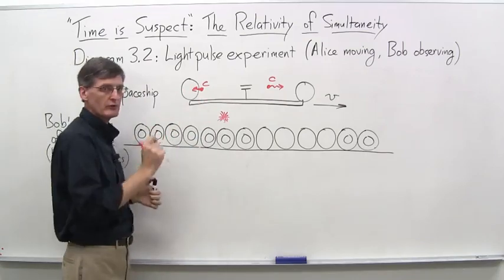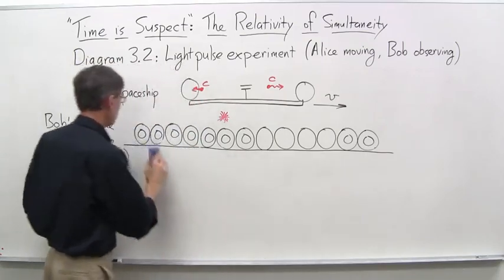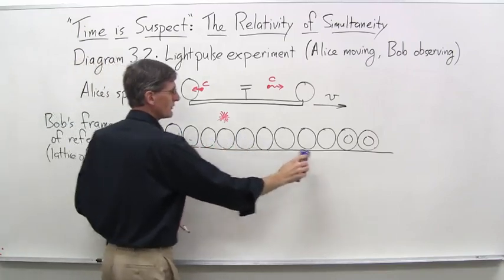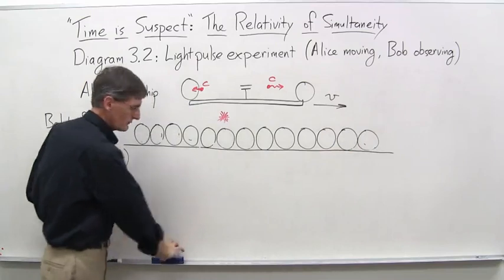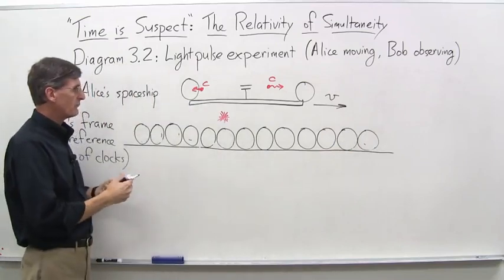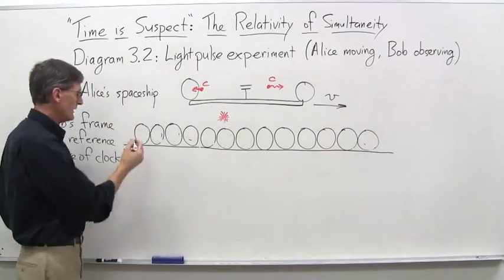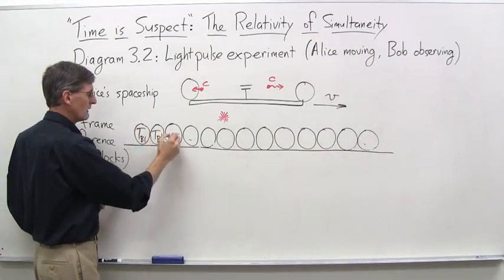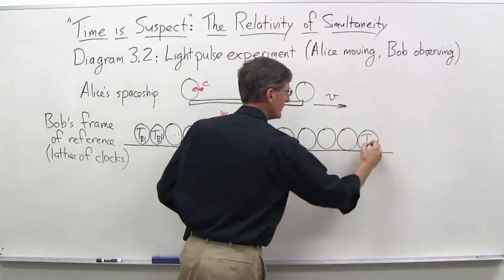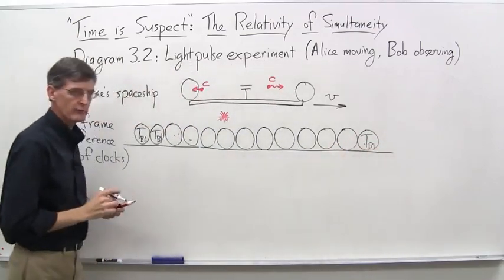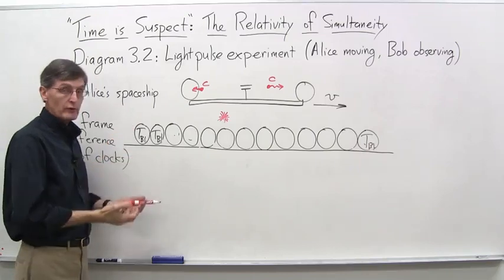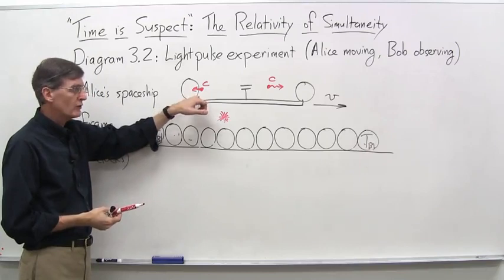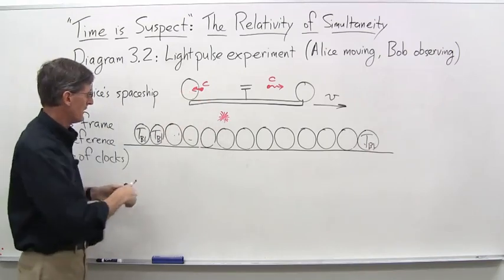So what Bob is going to observe, and let's just be clear here, Bob's clocks no longer read 0. We're at some point, I didn't write zeros in all of them just to save a little time there. So now Bob's clocks at this point read, we'll call it time t b1. Okay, and these all read the same thing. Okay, so this is some time later. Light pulses are in transit, but Bob notices that the leftward going light pulse hits this clock at time tb1,